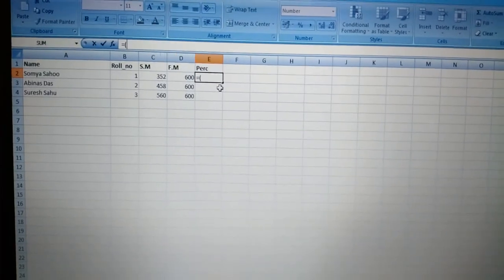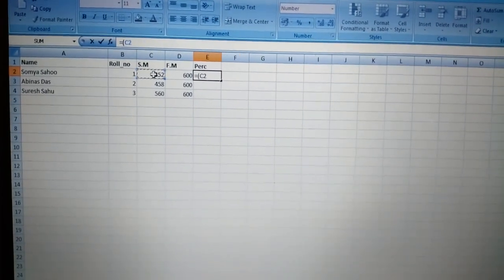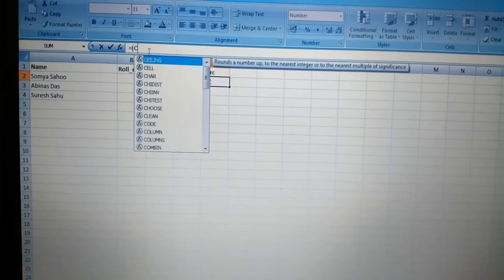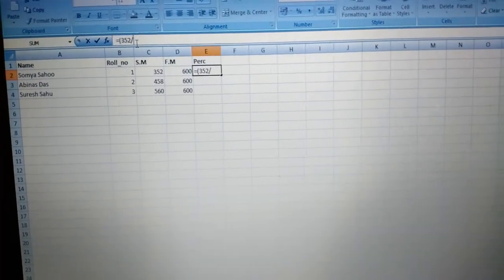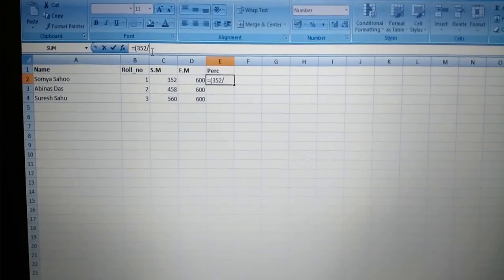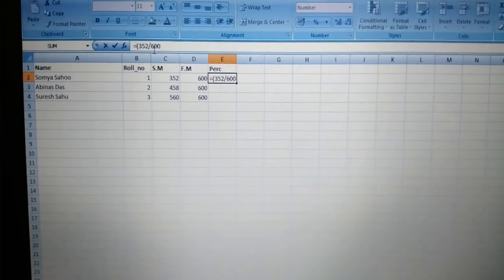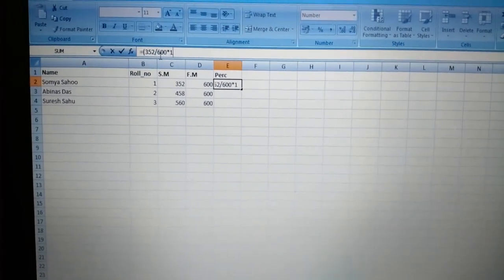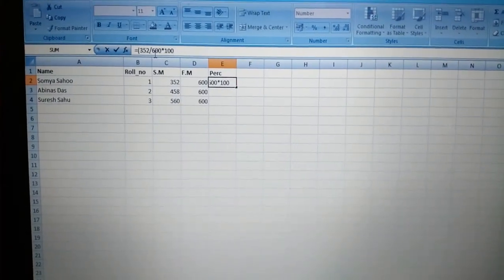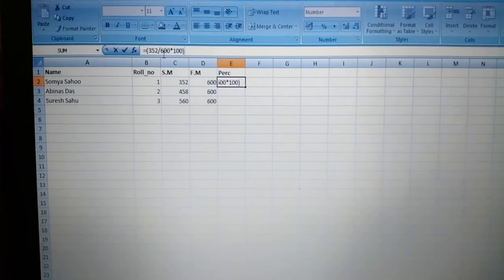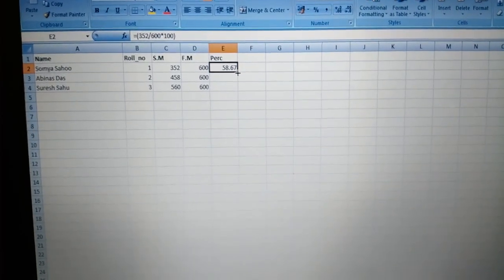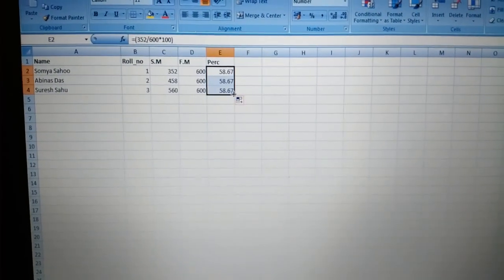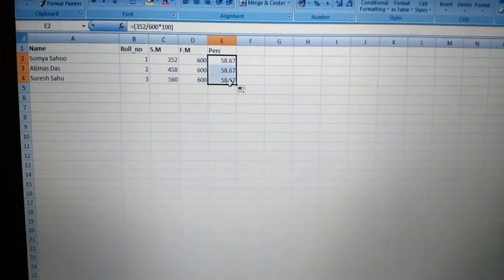Just see, if I write 352 divided by 600 into 100 and close the bracket, that is 58.67. If I drag it down, it will be the same for all, which is incorrect.